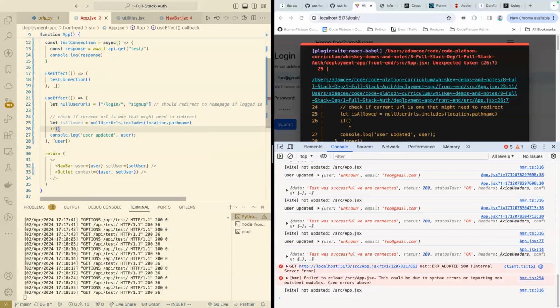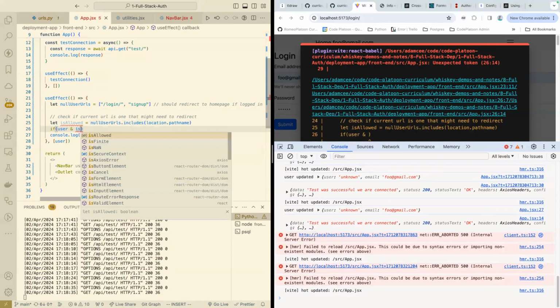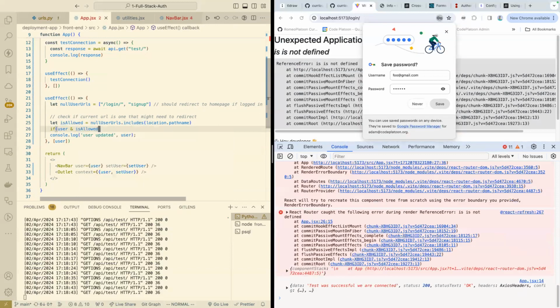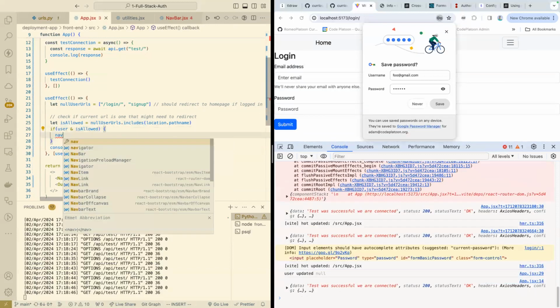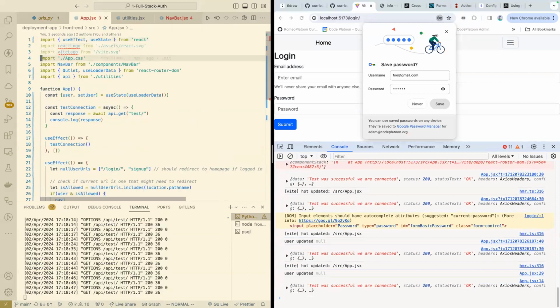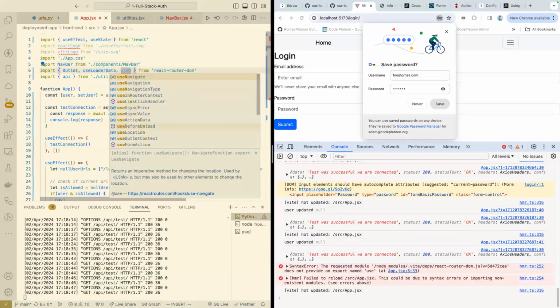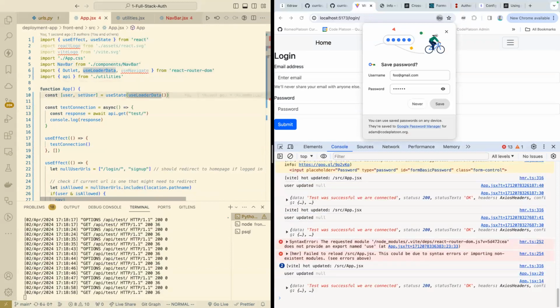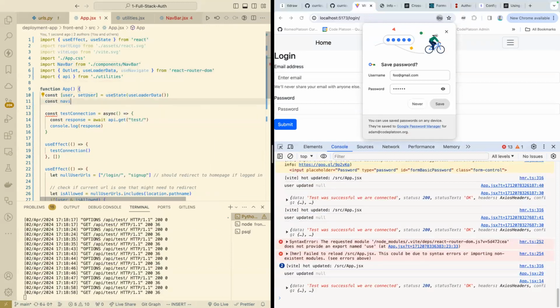And if a user exists and they are navigating to one of these URLs that should redirect, let's just go ahead and navigate them to the homepage. So I am going to import the useNavigate hook, excuse me, from React Router DOM. And up here, let's do navigate equals